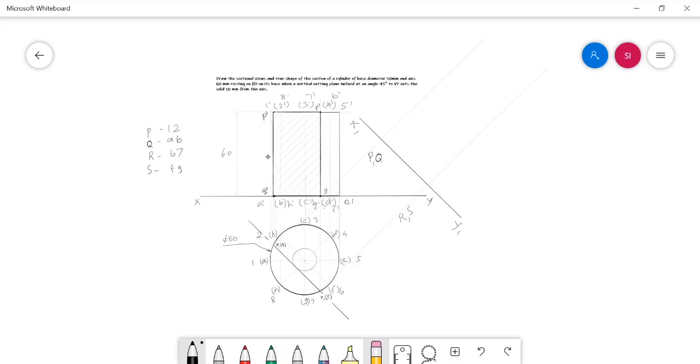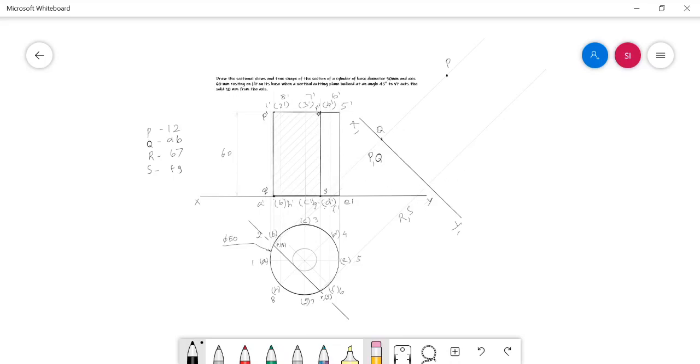The cut point P with respect to xy is at a distance of 60 mm. It's actually equal to the axis height of the solid. In this problem it happened like that. So in the projector of the cut point P, from x1 y1, I am marking the point P at 60 mm. This is point P. In the same way, point Q is on xy itself. So here also I need to mark the point Q on x1 y1 itself. Here is the point Q.